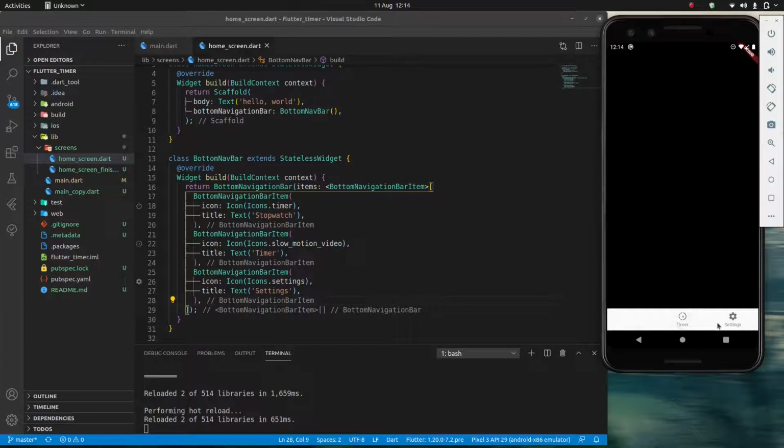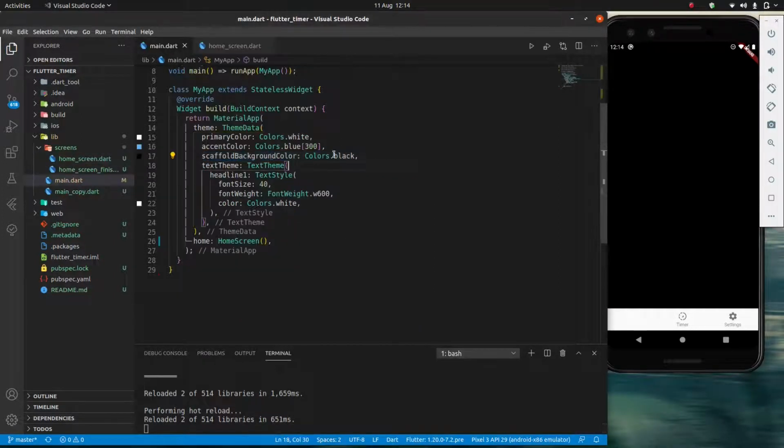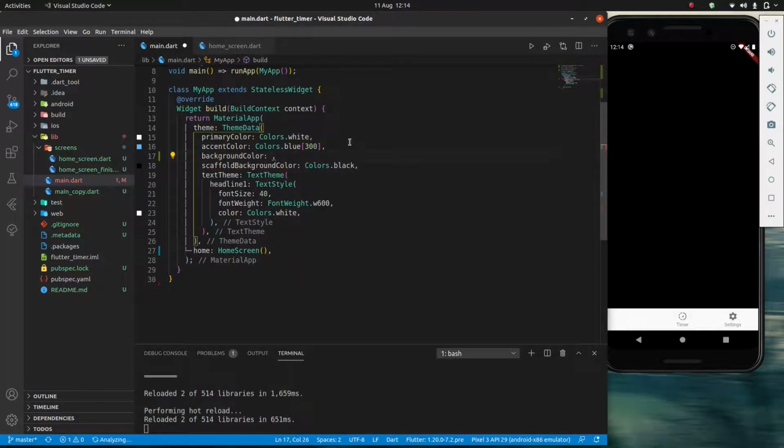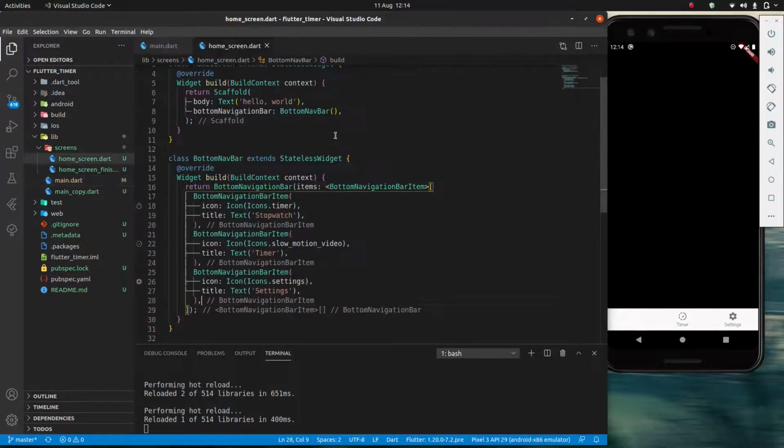So it's given me this. First of all, the background color here is white rather than black, because in our main.dart, we gave the scaffold a background color. But let's see if we give this a background color of colors.black, if that's going to fix it. And refresh it, and it didn't. But it's still a good thing that we have this, because now when I go back into my home screen,